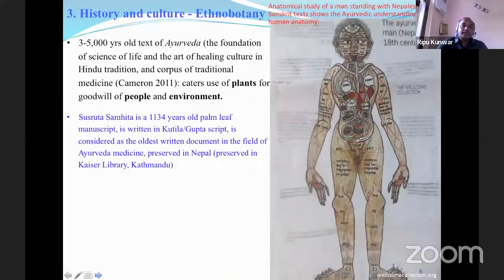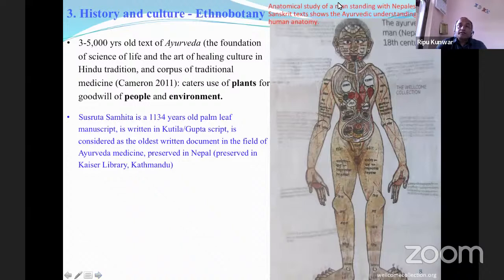And the third is culture and history. We do know Ayurveda is a 5,000-year-old text, which is the foundation of the science of life and the art of healing culture in Hindu tradition. It's also considered the corpus of traditional medicine, which caters to the use of plants for the goodwill of plants and environment. Here, one Susruta